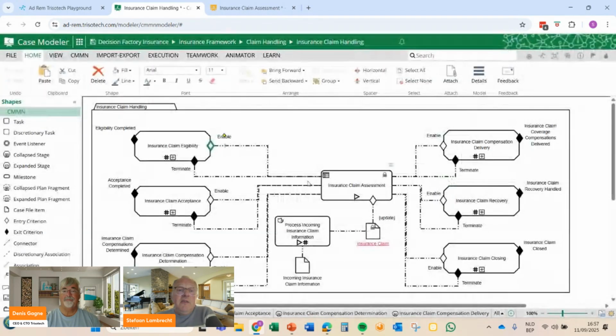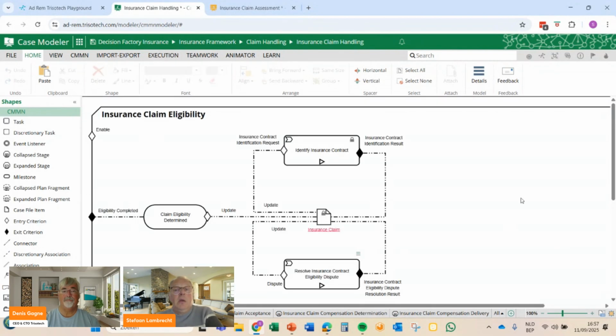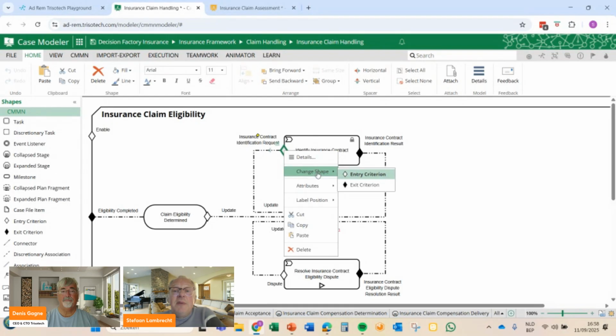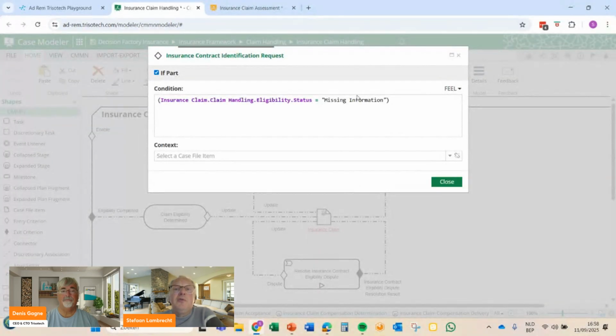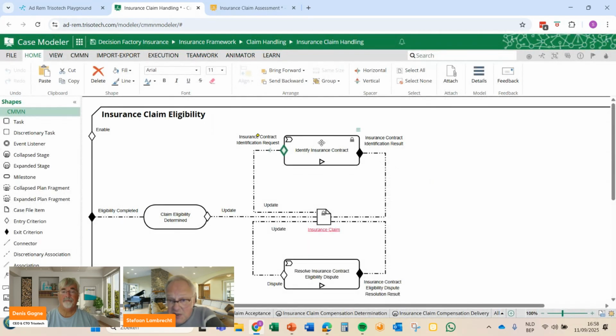And here in the if part of this entry criterion for a manual eligibility intervention, we say, okay, whenever the decision engine sets this to enabled, it will kick off, in fact, a sub process or case handling, which will then, if we have missing information, because that is also an outcome of the decision engine, trigger this process.